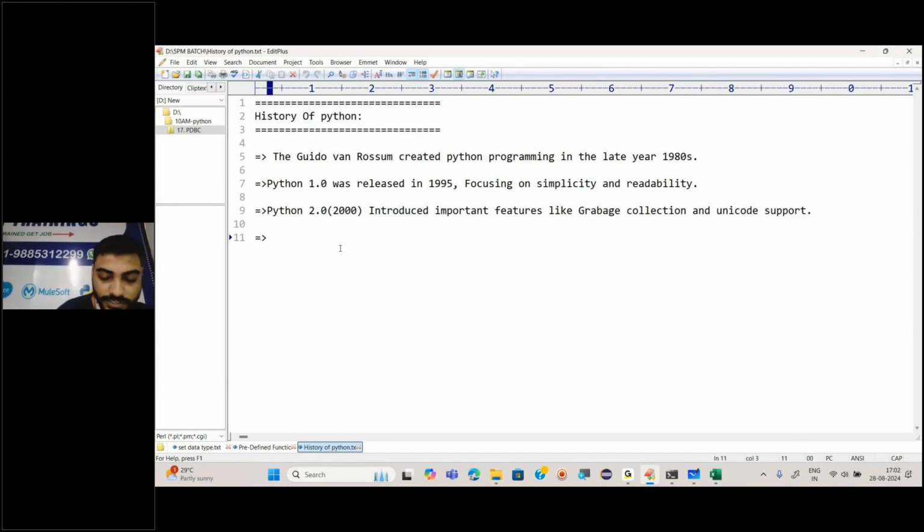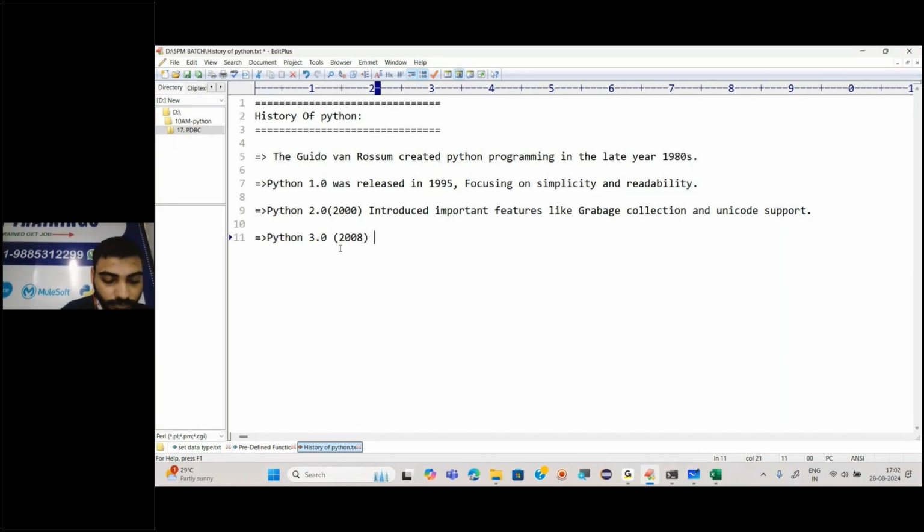Now again, after this, they introduced Python 3.0 in the year 2008. Okay, in 2008 they released Python 3.0, right?